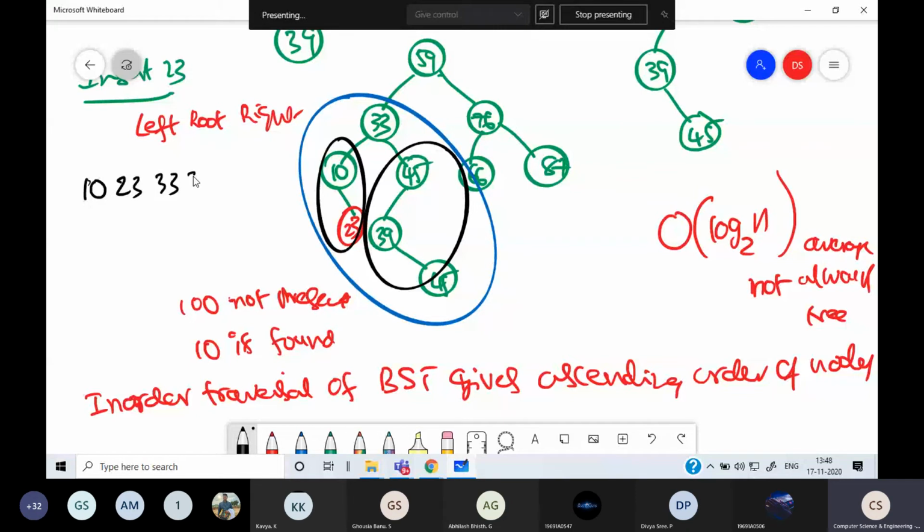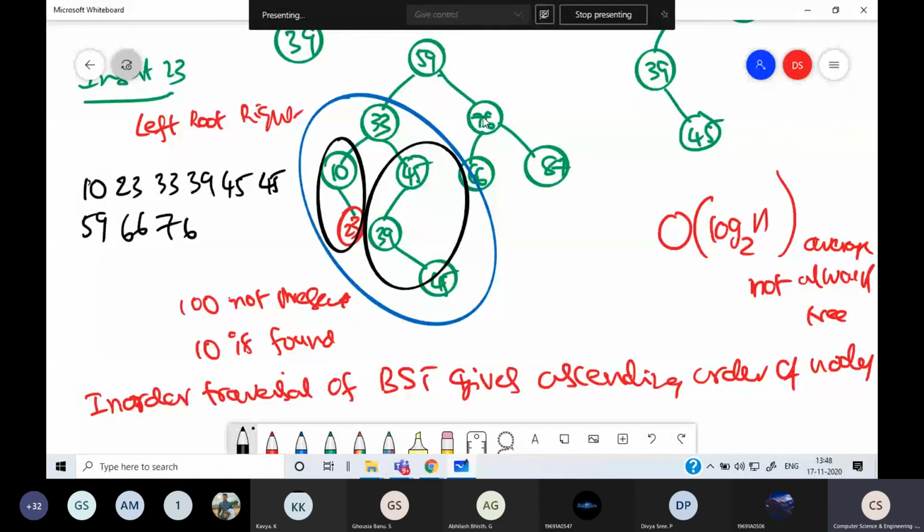Then this left subtree is over, so go to root, 59. Then take the right subtree, which is 76, 66, 87, which is a tree. In this tree, go towards left, visit the left subtree first, so 66. Left is over, visit root, 76.